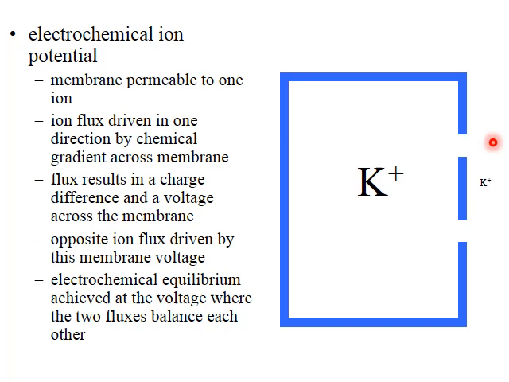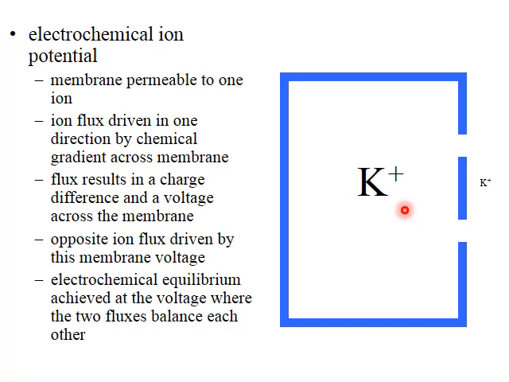Well, the first thing that will happen is that there'll be an efflux of potassium outside of the cell because there's a high concentration of potassium in and a low concentration of potassium outside. So this chemical gradient will cause potassium to flow out of the cell. As potassium flows out of the cell, we're moving positively charged ions from the inside to the outside, so that will leave the inside of the cell more negative. And as more potassium ions continue to flow out of the cell, the inside of the cell will become more